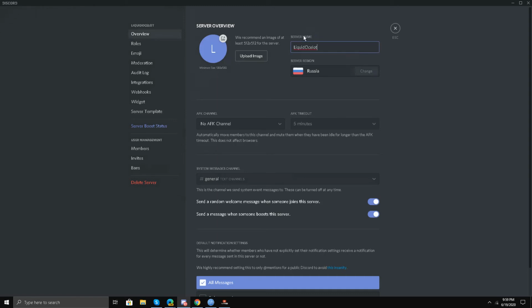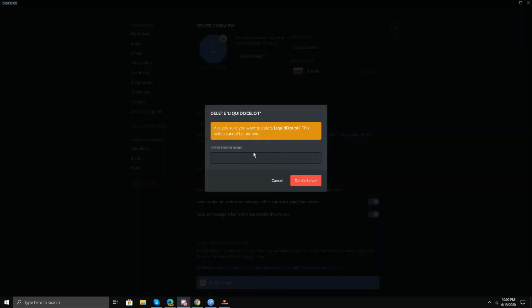I'll go to this section, Server Name, highlight it, Control C to copy, or right click and copy, just to show you guys. Yes, I copied it, and now I'll go to Delete Server once again, paste it, Control V, and just click this red button, Delete Server,